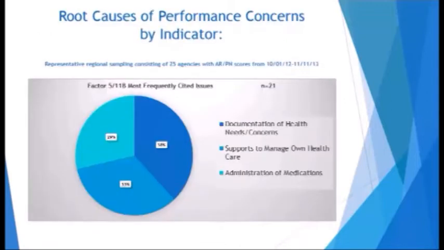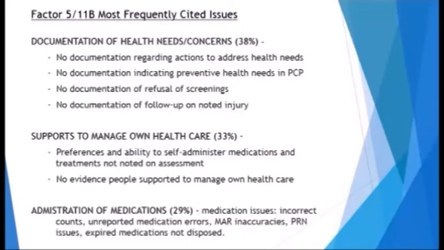With regard to Factor 5 and 11B, which has to do with best health, there were 21 common issues which fell into 3 categories, 8 of which related to documentation of health needs and concerns, 7 related to supports to manage own health care, and 6 were categorized under administration of medications. And specific cited probes under these areas with documentation of health needs and concerns. There was no documentation regarding actions to address health needs, no documentation indicating preventive health needs, and no documentation of follow-up on